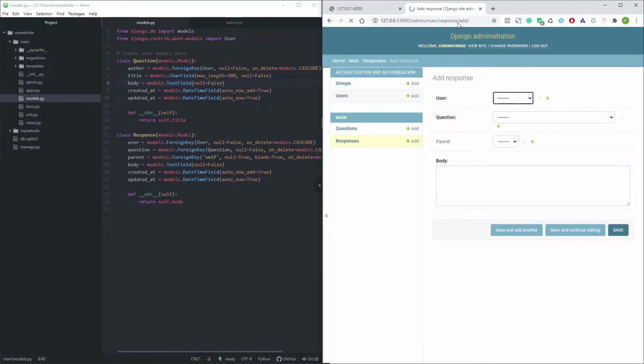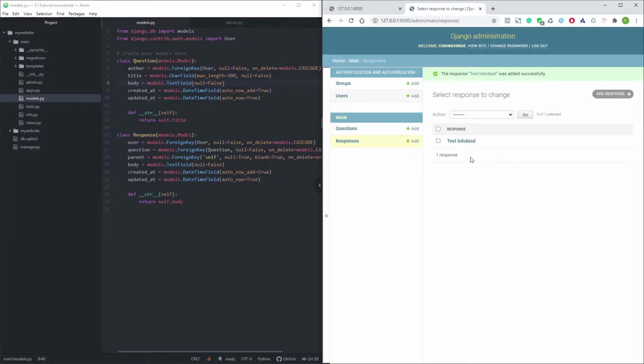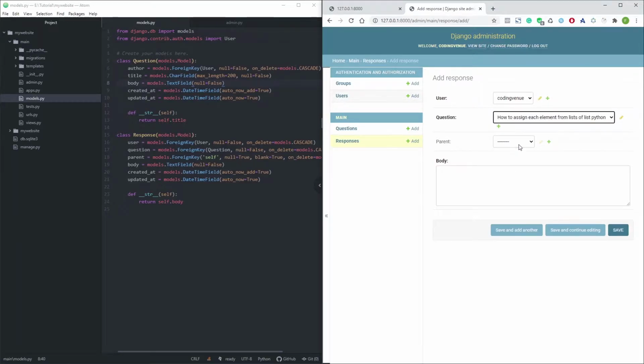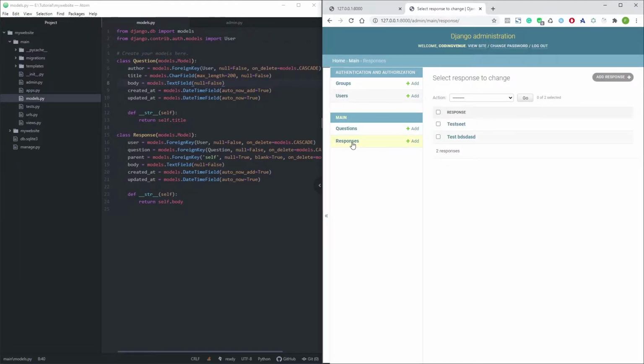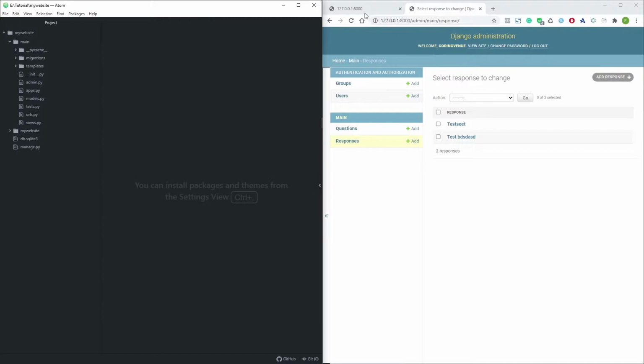Okay, let's just add a new one. I think this, no, it didn't add any response there, so let's just go ahead and do that again. Okay, so now we can save. We can see the response there. And now if we try to add another response, we select the same question, but now we can add the parent, so that will be like a reply to this response. So we can save it and we can add another one, and the reply will be now this one. And that's basically how we are going to create the comment thread for this project. Perfect. So now we can close this and this as well, and